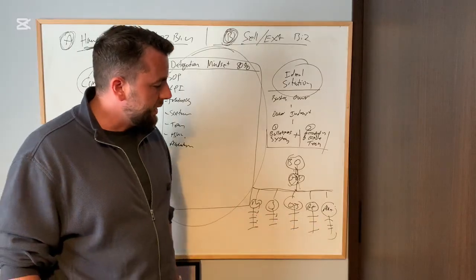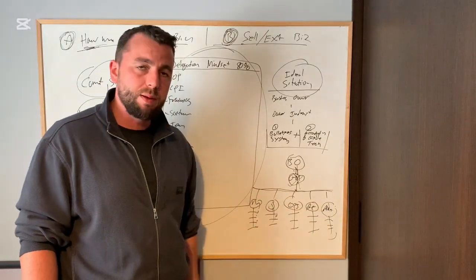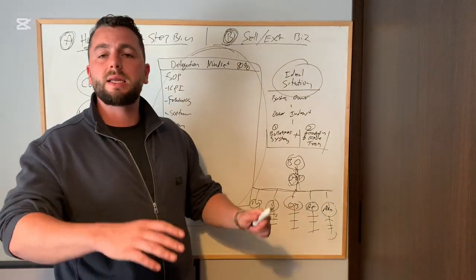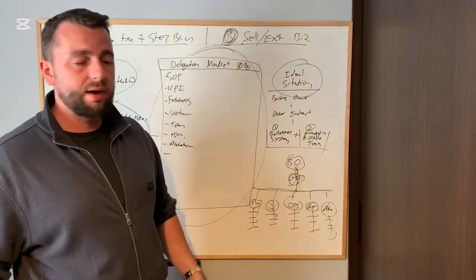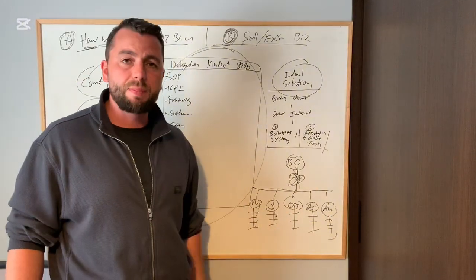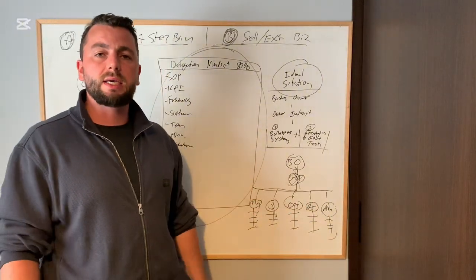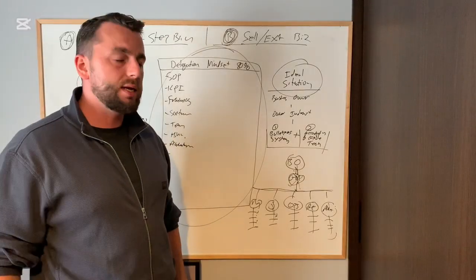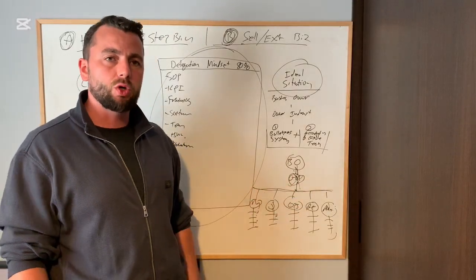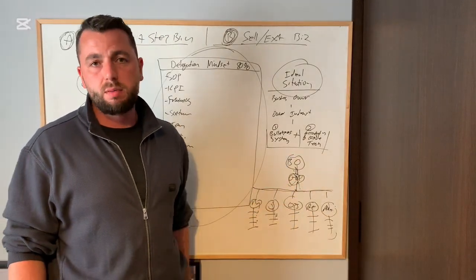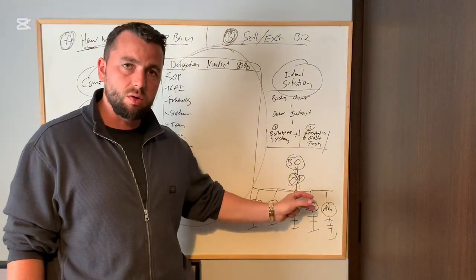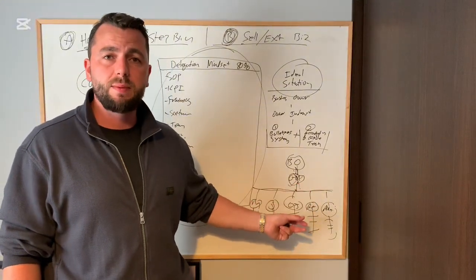But even if it's something as simple as a sales rep or a bookkeeper, if you have a bookkeeper in place and they're a fantastic bookkeeper, but you don't have a well-documented SOP, something happens to them, they leave the company or they get sick, and you try to bring somebody else in. If your business does not have proper structures in the form of well-documented SOPs and KPIs and all that goes with it, it's going to make replacing them a lot harder.